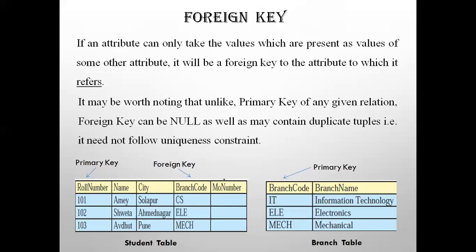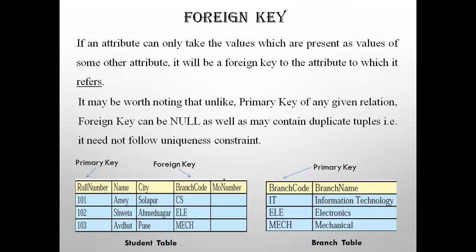So a foreign key can be null. The primary key had the property that it cannot be null or repeated. Here you have the property that a foreign key can be null. It need not follow the uniqueness constraint. So a foreign key is a column that creates a relationship between two tables.